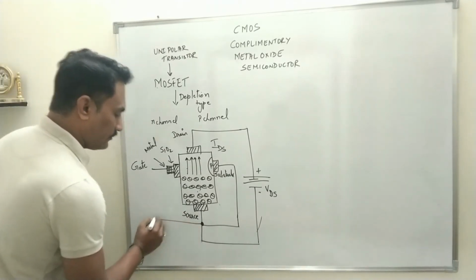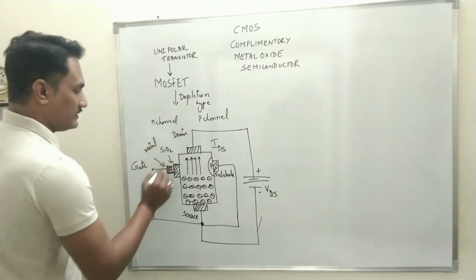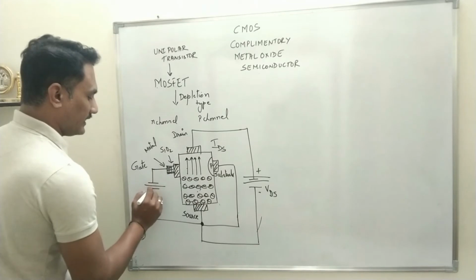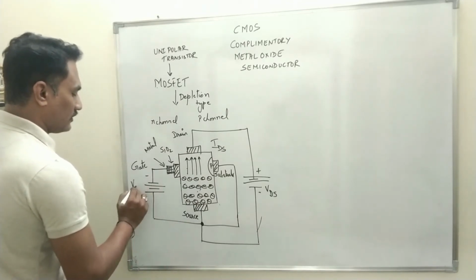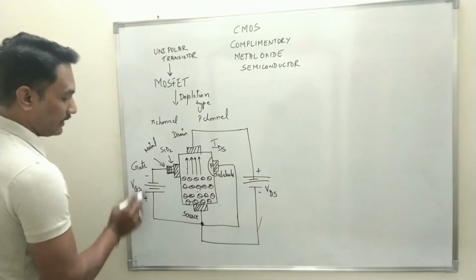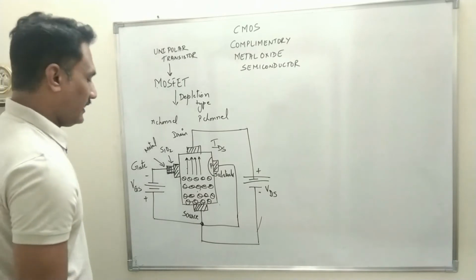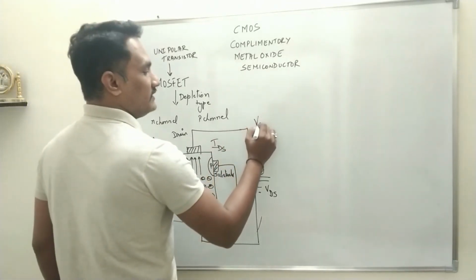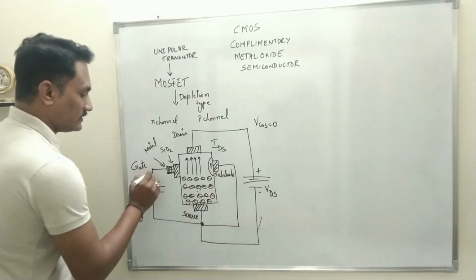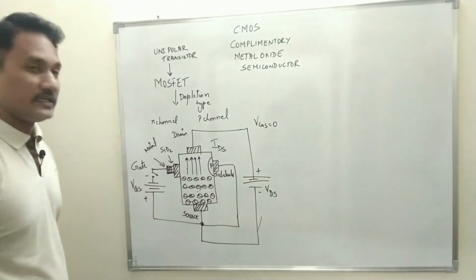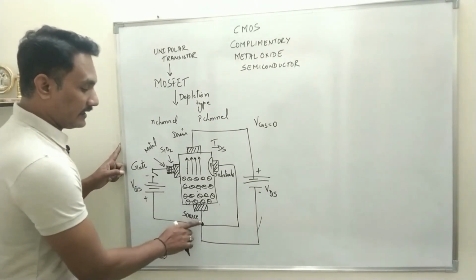Okay, so between source and drain, initially, if it is N channel, I will connect negative to the gate terminal. So negative, positive, and this potential is called VGS because we have applied this potential between gate and source terminal. Initially, say when VGS equals 0, that means the switch is open. Let's say we keep the switch open, that means no polarity is connected between gate and source.